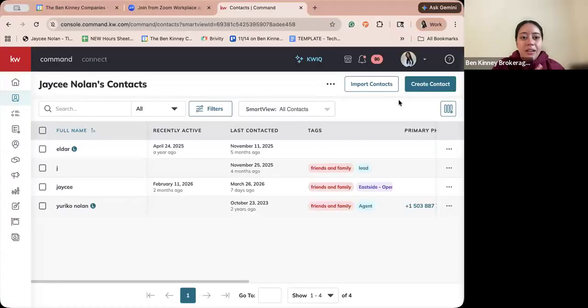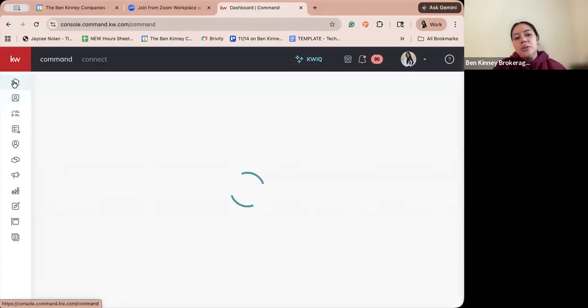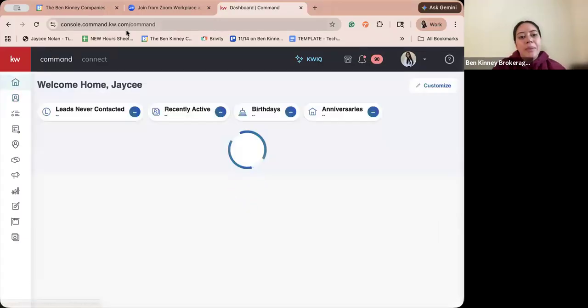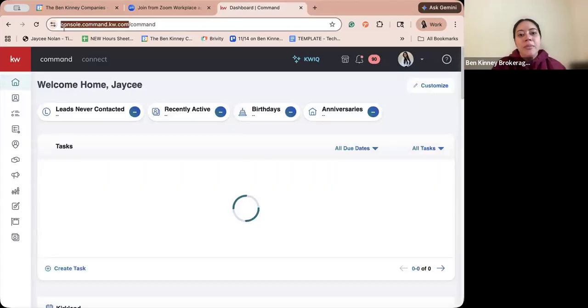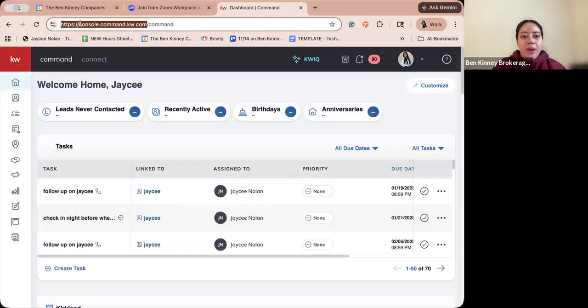Alrighty. So I logged in automatically because I have my bookmark saved on my account and it's on contacts. So as soon as I log in, this is what I see when you log into console.command.kw.com. Most likely you'll arrive at a login screen. If you haven't already done a password reset, if you don't have your password, you need help with that, please